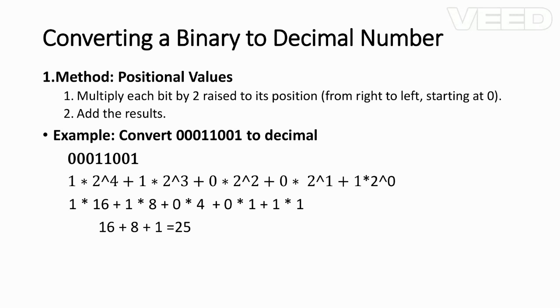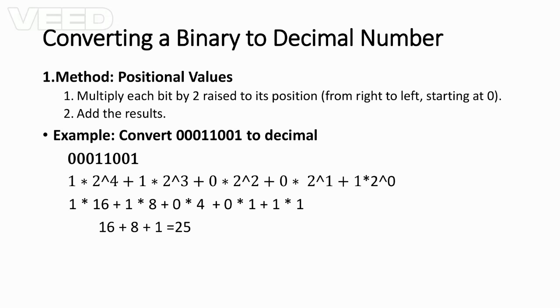So for example, let's convert 00011001 to decimal. This is our 25, which we converted. The 3 zeros here are going to be 0. So let's forget about the 3 zeros and start with this 11001. We go to the right end. 1 is multiplied by 2 raised to the power 0,